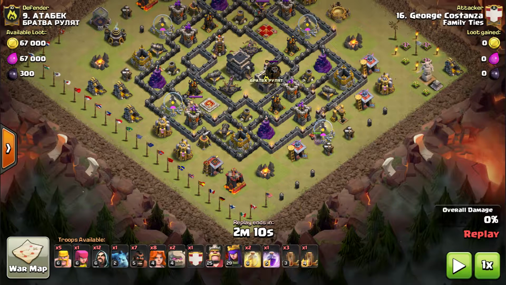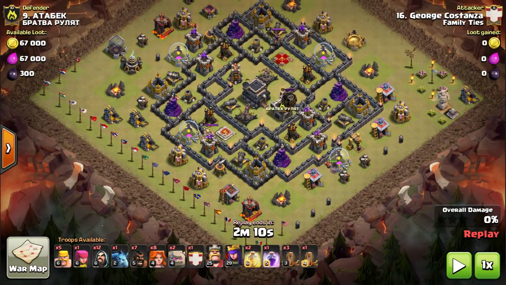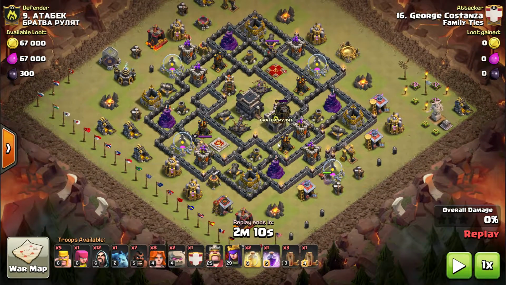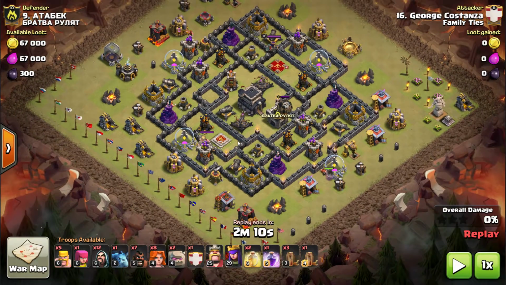Now please remember that he does take out the clan castle. It takes a lot of time. You've got to be good at it. It does add difficulty to the attack, so don't try it before you've practiced it a lot. And I would practice that in a friendly challenge. Yeah, and of course do as many friendly challenges as you possibly can. Okay,